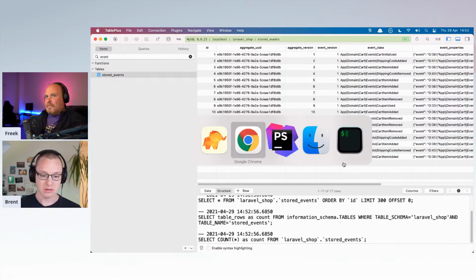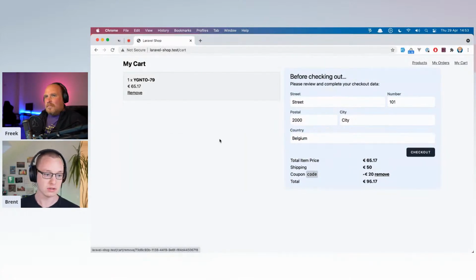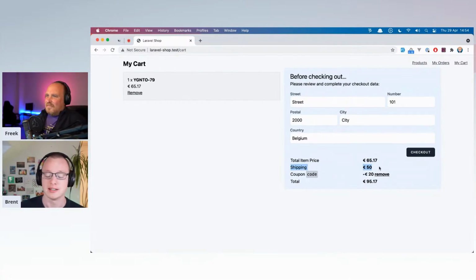And let's do a few more things before actually looking at the event stream again. I removed two items, which made my total cost drop below €100, I think, and you saw shipping costs were added here. I came up with some business rules to show what's possible with our event sourcing package. So, I mean, this probably doesn't make any sense, but go along with the flow.